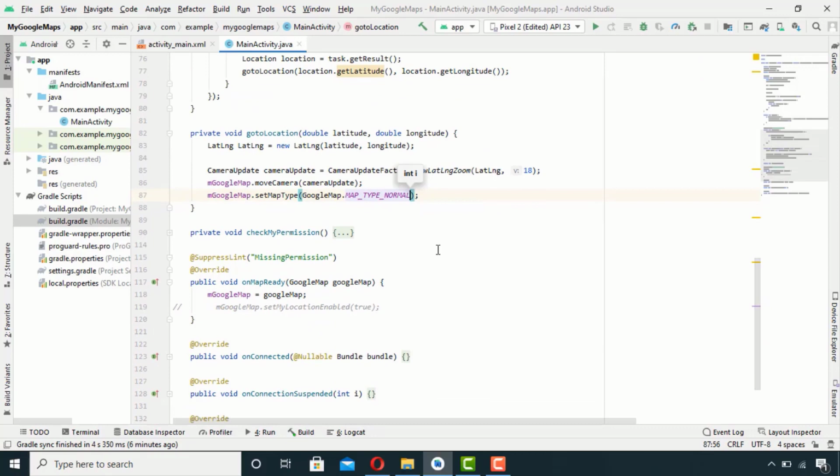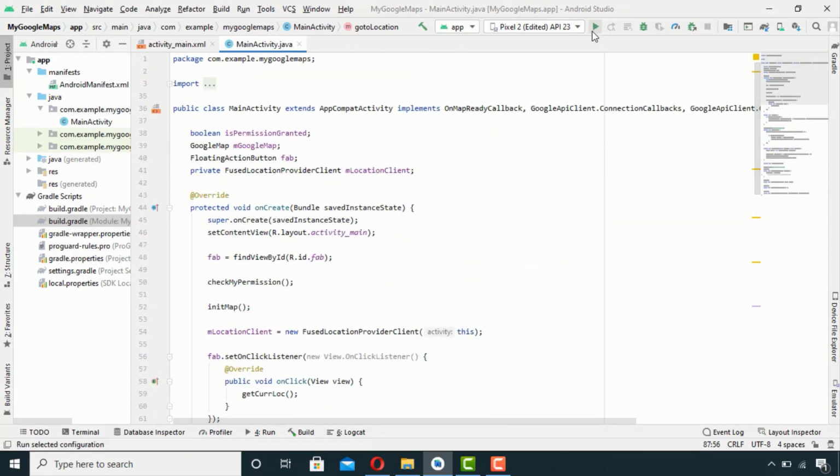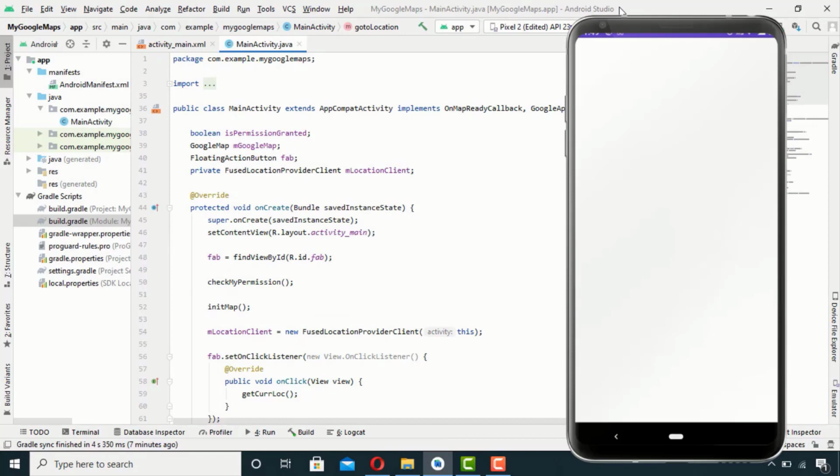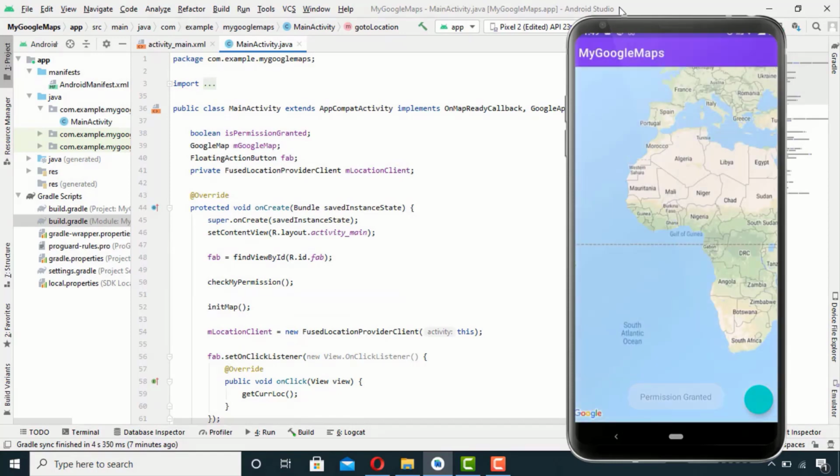So now it's time to run the app. And as you can see, the app has started working, and whenever I press this button it will go to